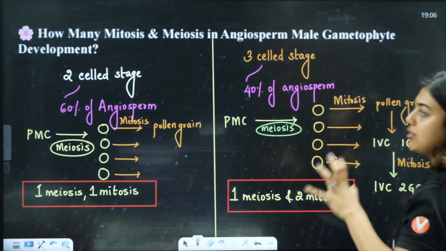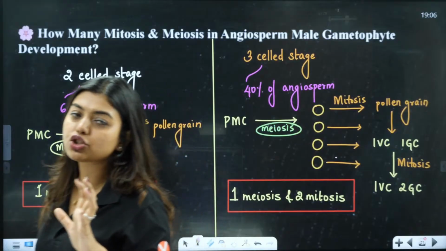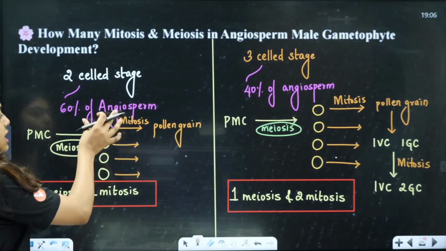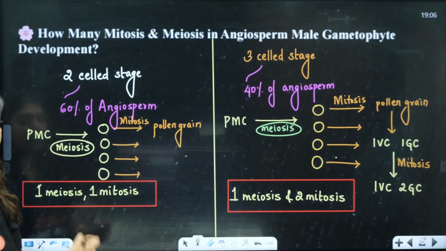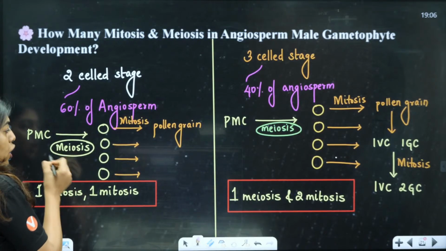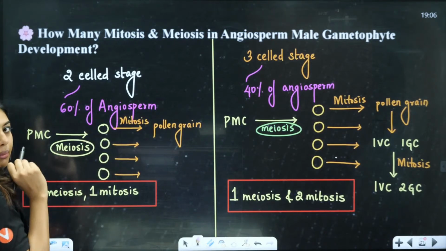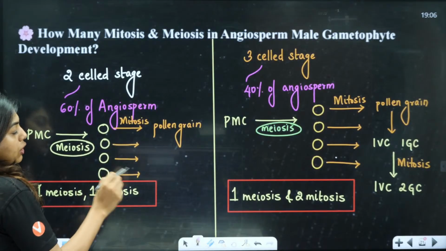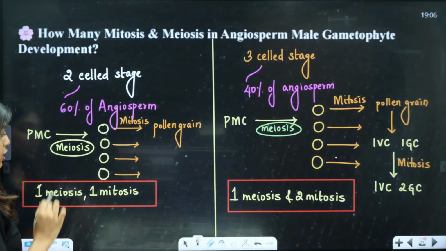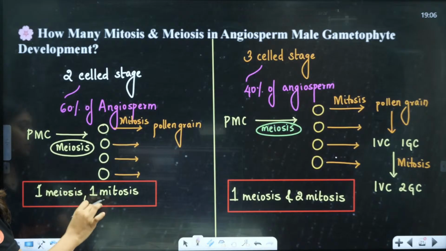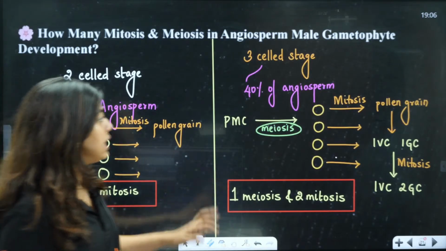So, two-cell stage, three-cell stage, you understood. So, what is the two-cell stage? What happens in 60% of angiosperms? The pollen mother cell undergoes meiosis, and we will form a microspore tetrad of four. Each of them will undergo mitosis to form a pollen grain. So, in this, one meiosis and one mitosis happen. And here, what happens